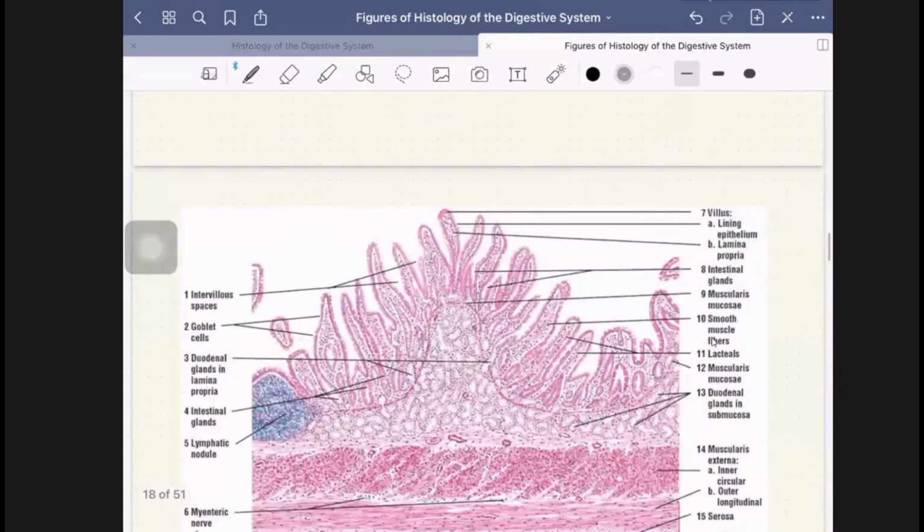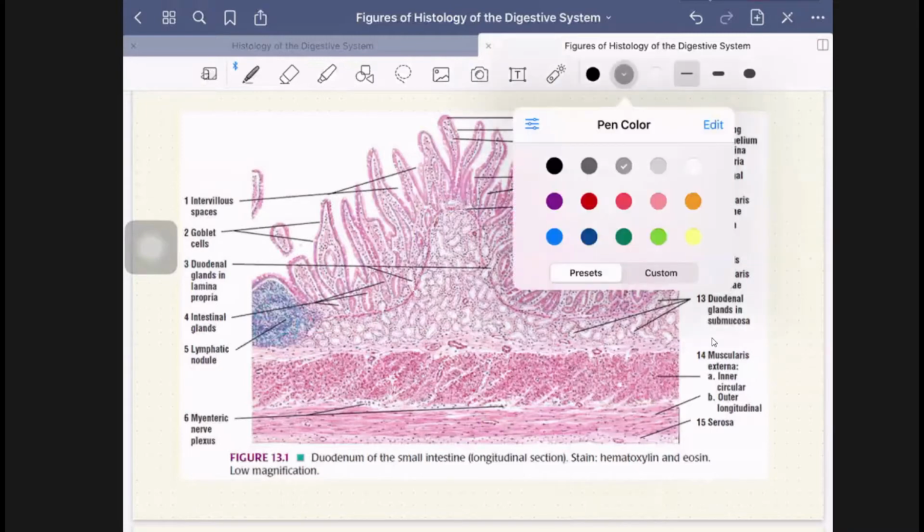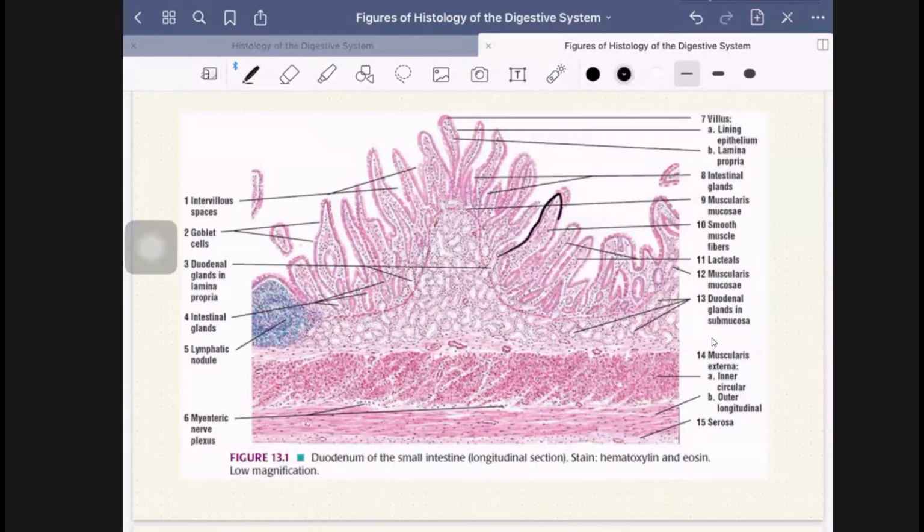Then if we see the histological structure, this is the histological structure of the duodenum. So how will you identify the duodenum? The lining epithelium is simple columnar, and there will be mucosal folds, villi, and the presence of duodenal glands in the